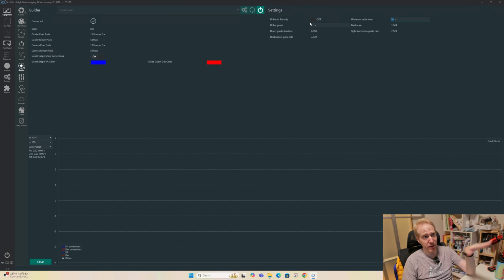Typically, if you have both right ascension and declination and the mount doesn't have too much backlash, you can set dithering in RA only to off. That's really recommended. And the way that all of this works is that it will use the parameters of your mount and of your telescope, especially the focal length of your telescope and the pixel size of your camera. So you need to have those set up properly to estimate how long of a guide pulse N.I.N.A needs to send to your mount to move 5 pixels in this case, or whatever number of pixels, let's say 20 pixels